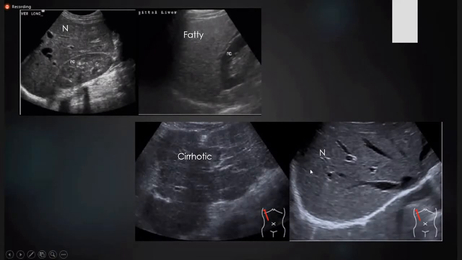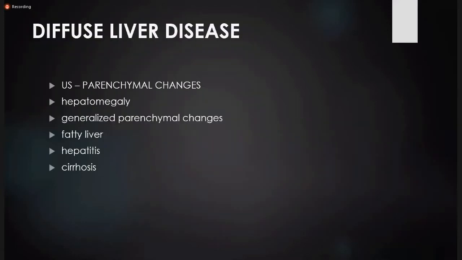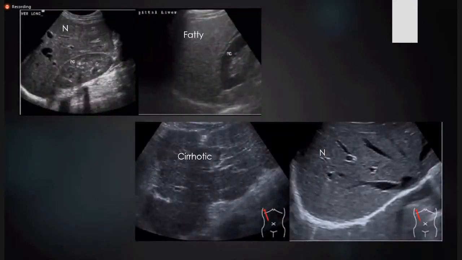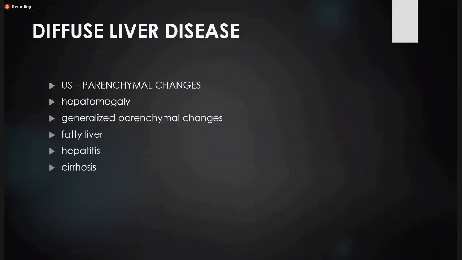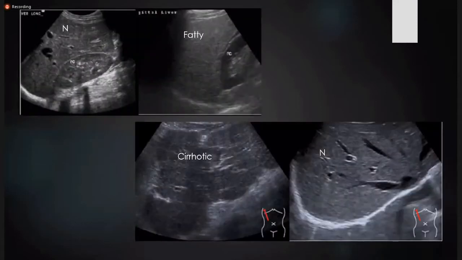In the next picture you see a normal liver and then a cirrhotic liver, in which the liver is all coarse and high, looks more black with irregular margins and looks shrunken. So this is how parenchymal diseases can be diagnosed on ultrasound. So if you want to evaluate for parenchymal disease, you have to prescribe ultrasound.